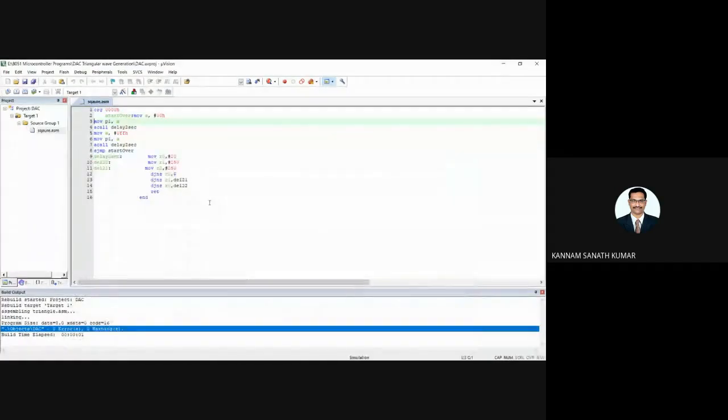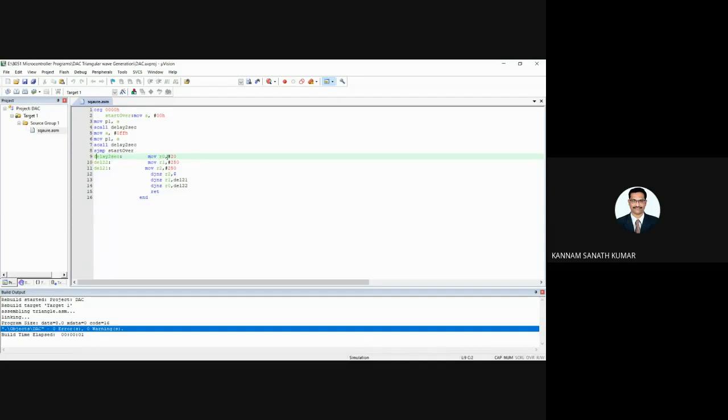Okay, so here if you see, ACALL DELAY 2 seconds. This is nothing but calling a delay for how many seconds? 2 seconds. Okay, so this is nothing but a subroutine. You are calling a small function, a delay function. ACALL is nothing but absolute call. When you are calling a subroutine, what will it do? It will come to this subroutine. So ACALL DELAY 2 seconds.